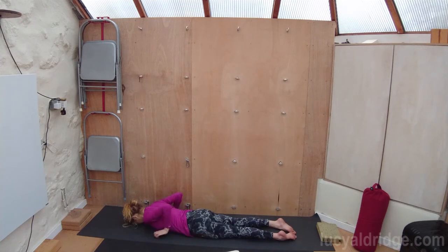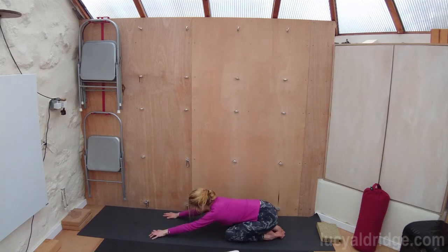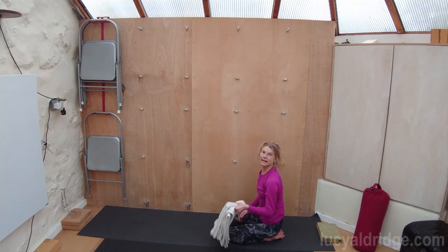Adho Mukha Virasana. So come up onto your knees, big toes together, let yourself stretch back very gently. Take some breaths. Let the lower back soften. Inhale, come up. Take your blanket,